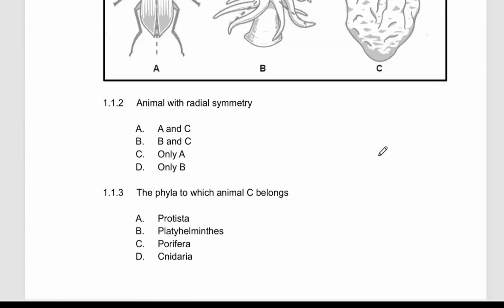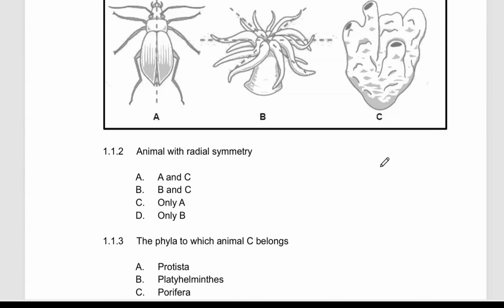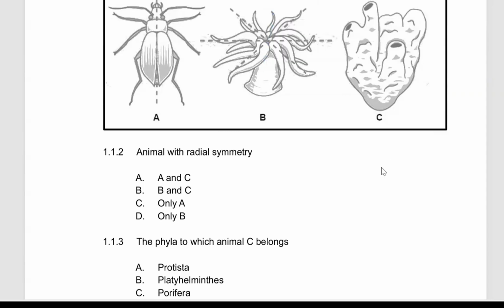So we have what we call animal with the radial symmetry. Radial symmetry meaning that it can be divided in many planes. So its answer becomes B. So we're gonna have to see that it is B. And then if you look at the structure,